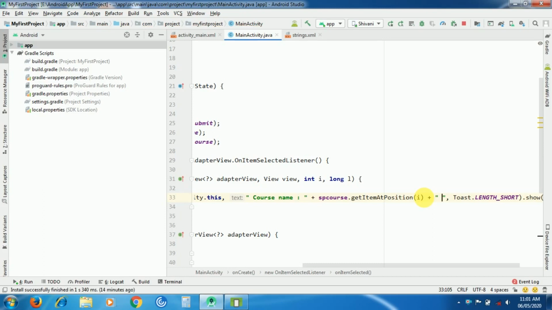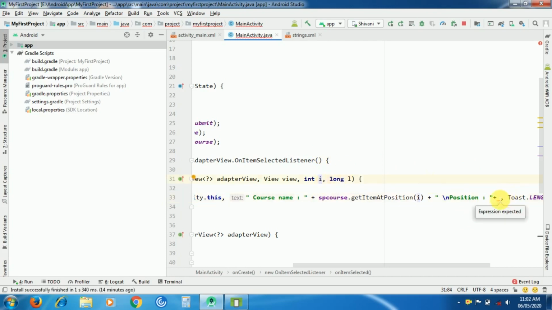For that I will give the label as position. I will take it on the next line with the help of \n. I will give a colon, and after that we want the position, so the position is i.